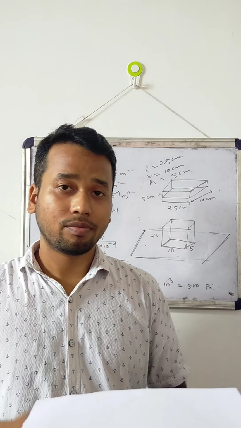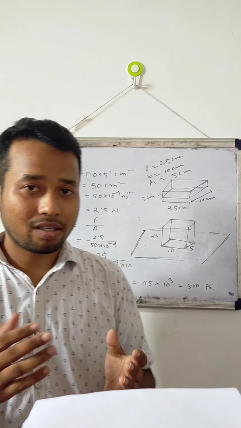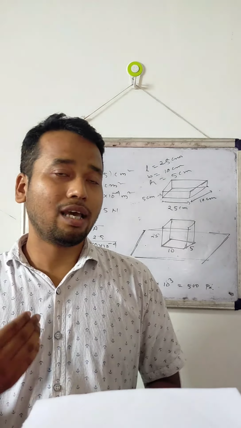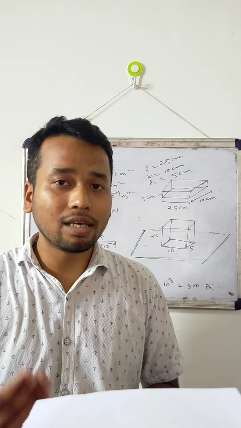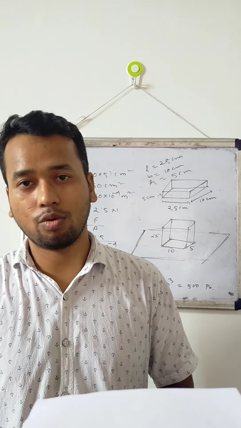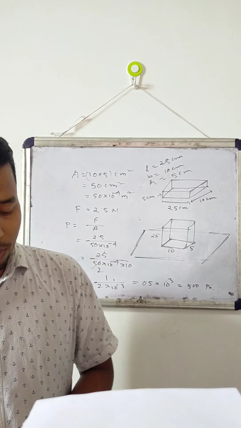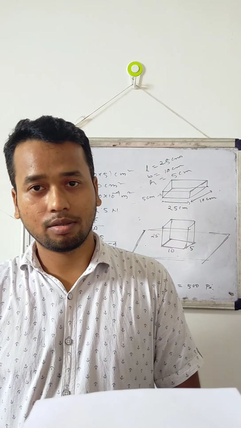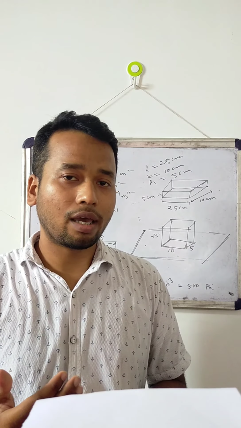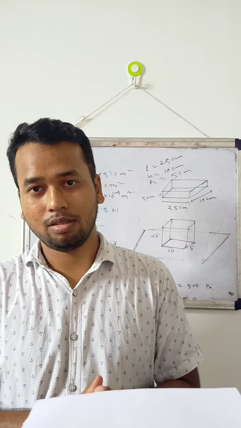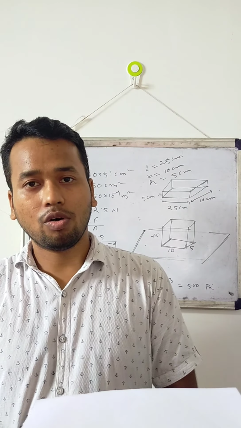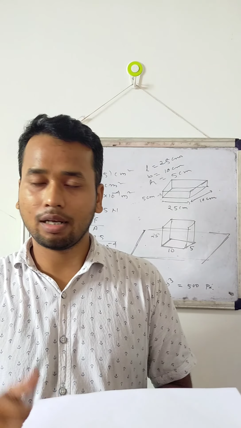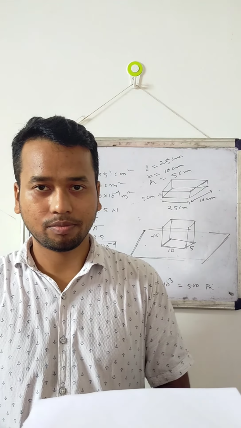So next example, truck. A truck has 8 wheels, yes or no, instead of 4. So they have 8 wheels, that means they will increase the area of contact with the road and hence pressure will be less. Another example, the military in the defense system. They use tanks. In the wheels of the tank, they have a very broad shell. Because this broad shell increases the area of contact and hence pressure will be less and they can move smoothly or easily.